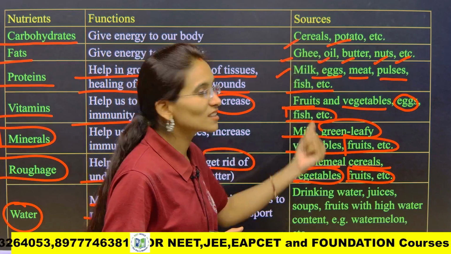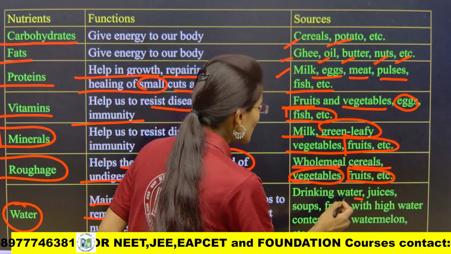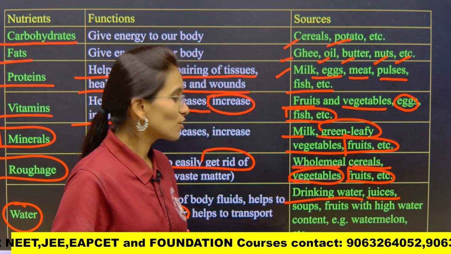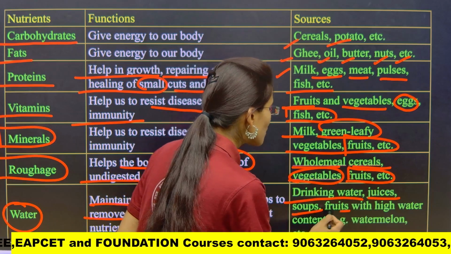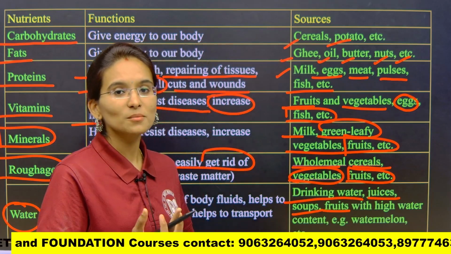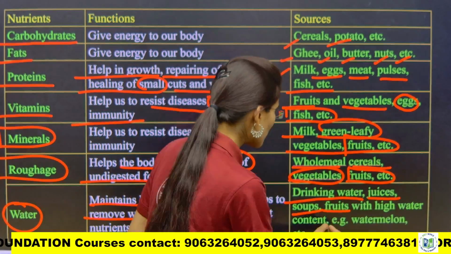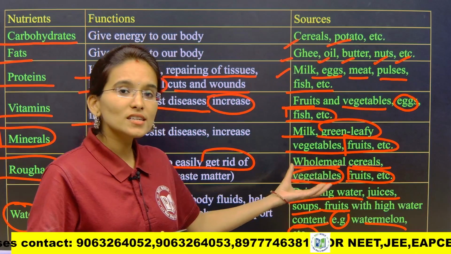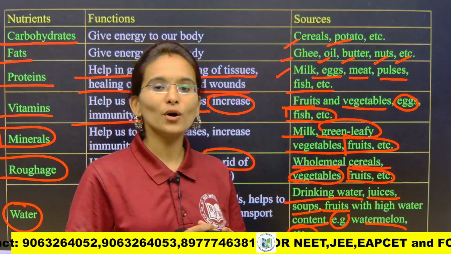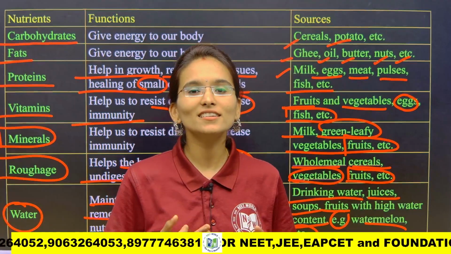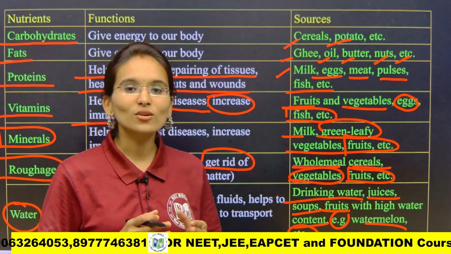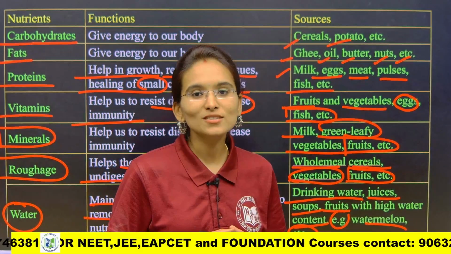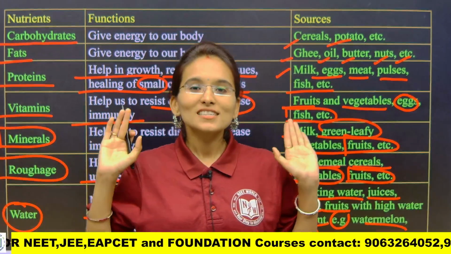And next, if we see the sources: drinking water is the primary source, and next we can get it from juices, soups, fruits like watermelon or vegetables like cucumber with high water content. Due to the consumption of these food sources which are rich in water content, they help in maintaining the fluidity in our body. They will balance the body fluids and transport the nutrients to the cells. So this is the complete